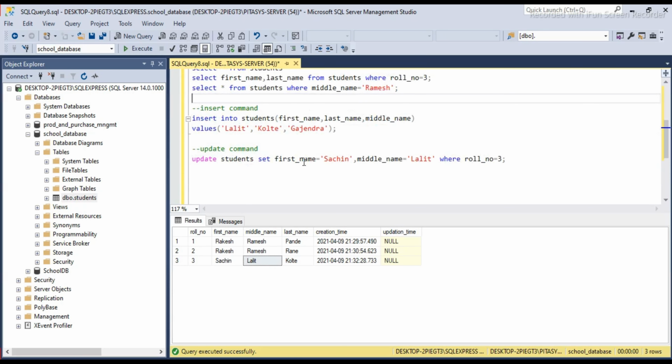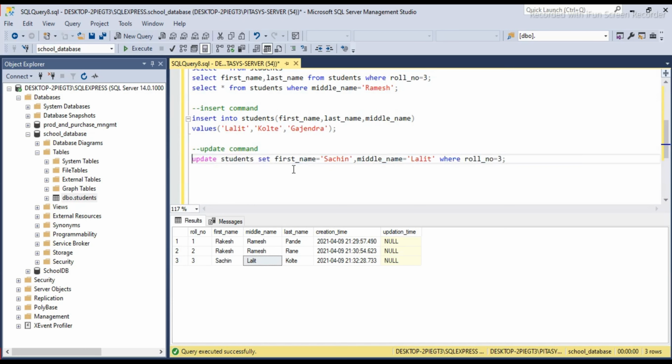And we can see here multiple fields can be updated using comma separation. This is the comma separator in set and where clause. Update students set, then where. This is the syntax of the update query.